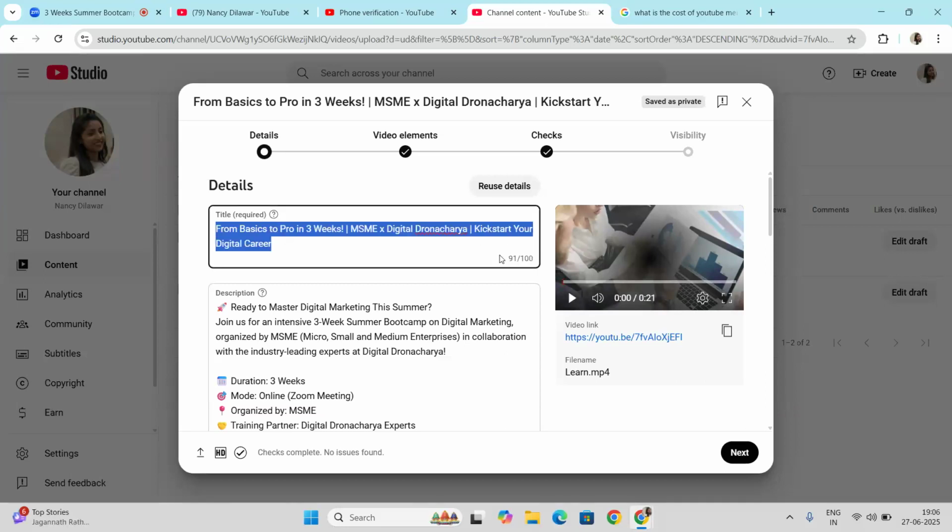Here you can see the word limit or character limit is there. You should always try to stuff all the required keywords in the title. Like I have taken 'from basics to pro in 3 weeks'. This is the keyword that will ultimately create